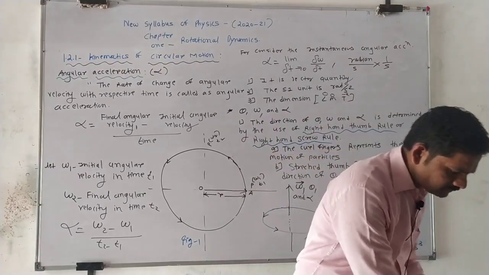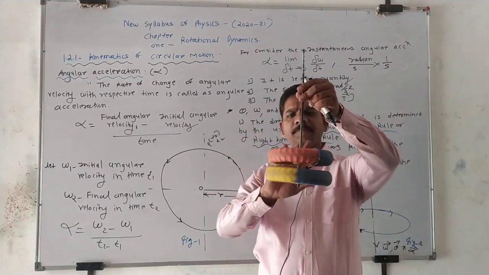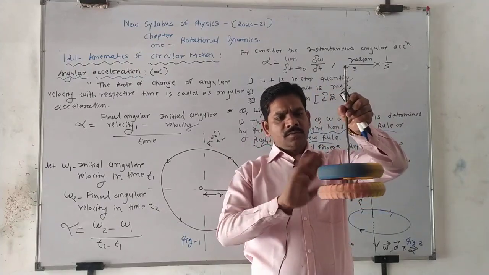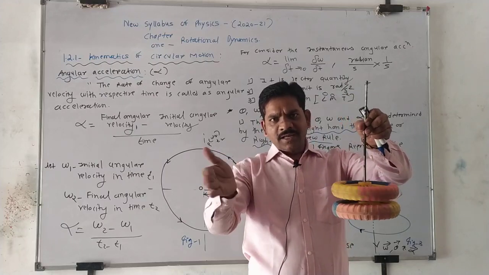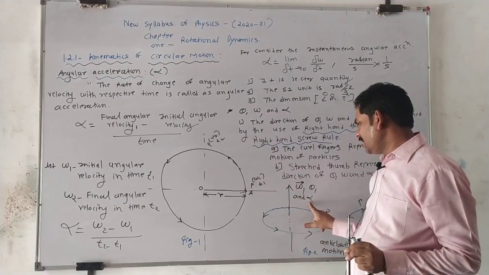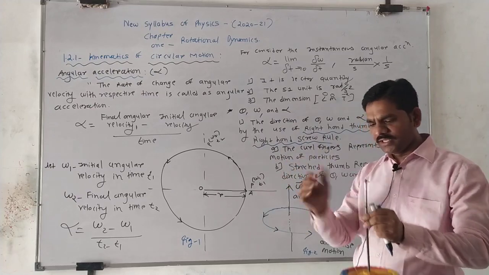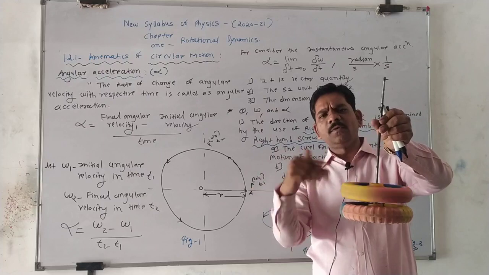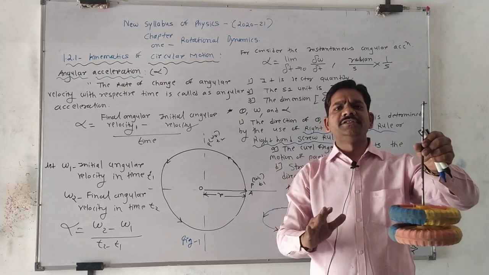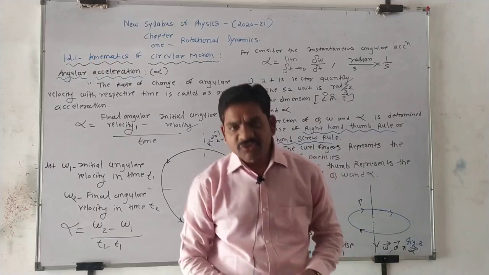See one concept. Suppose the electric fan is rotating continuously in the anti-clockwise direction. We know that the particle rotates anti-clockwise. So at that time where is the omega? Omega is in the upward direction, yes, correct. Alpha is also in the upward direction, yes or no? Yes. During the rotation the body accelerates, meaning the angular speed is increasing every time, not decreasing. But suddenly what do we do? We switch off the fan.